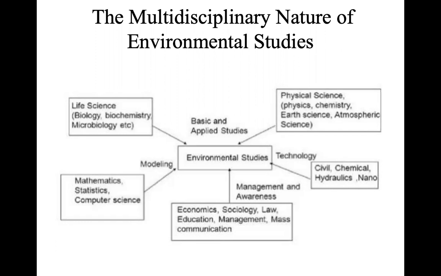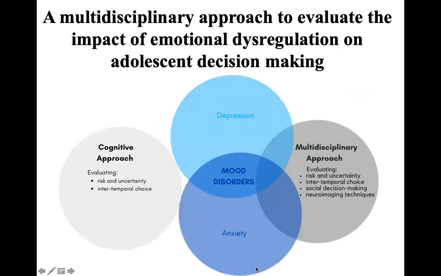And the other example is, now you see your lecture notes. Then this is the emotional dysregulation of adolescent decision. Now, when a child is developing and comes to an adolescent stage,